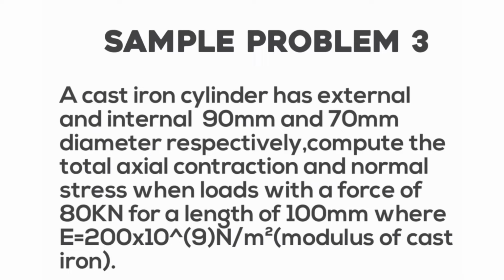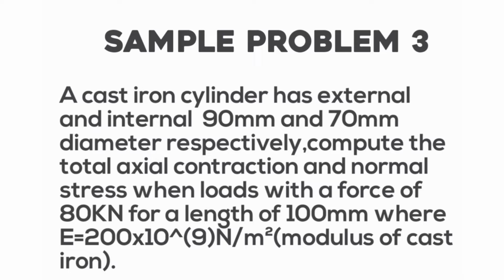This is sample problem 3. Please copy down this question. A cast iron cylinder has external and internal diameters of 90 millimeters and 70 millimeters respectively. Compute the total axial contraction and the normal stress when the load with a force of 80 kilonewtons acts